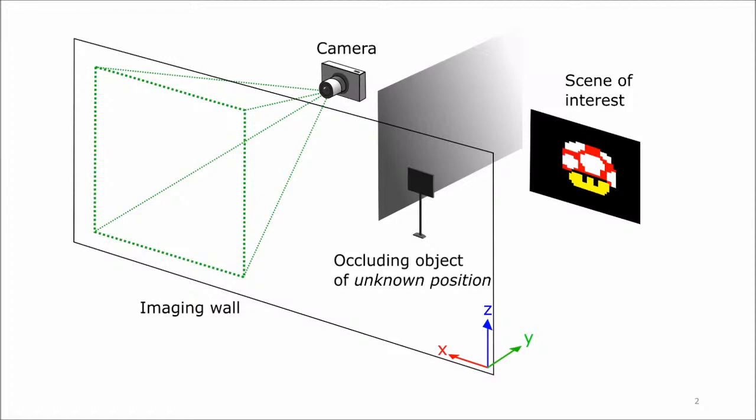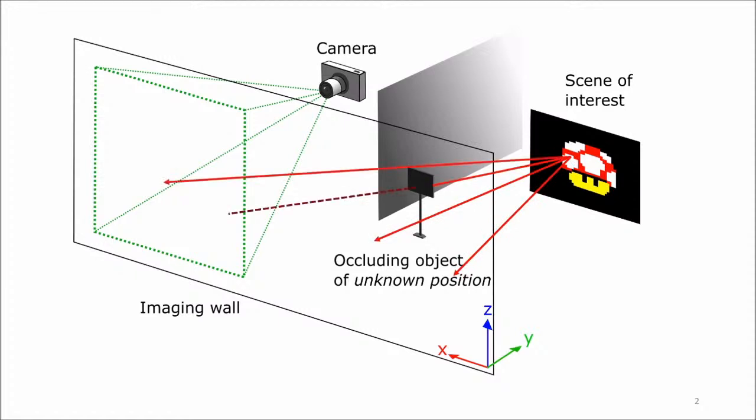In computational periscopy, we have a scene of interest out of direct view of the observer. Between this scene and a visible imaging wall is an occluding object. Light emanates in every direction from the hidden scene, some of it hitting the visible imaging wall, and some of it being occluded from some parts of the camera's field of view by the object. This occlusion improves the conditioning of the inverse problem of recovering the hidden scene from a single photograph enough such